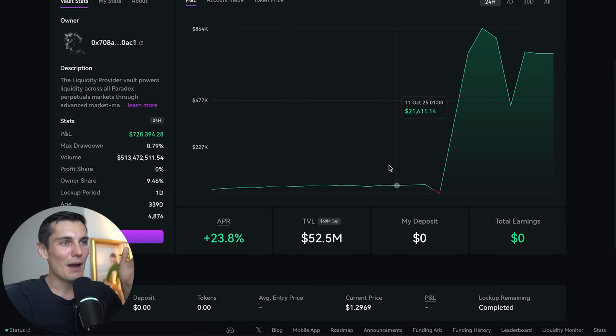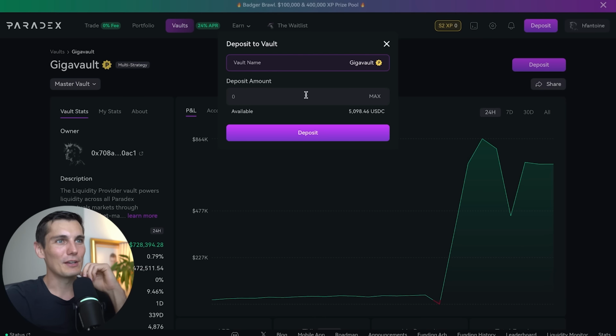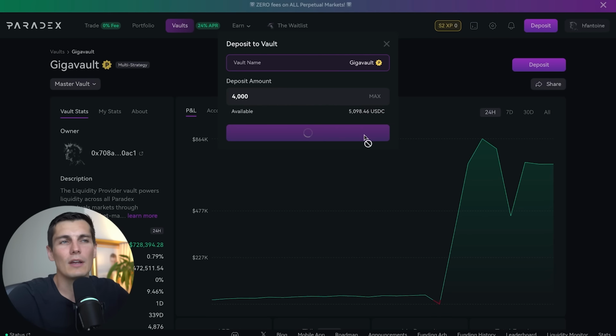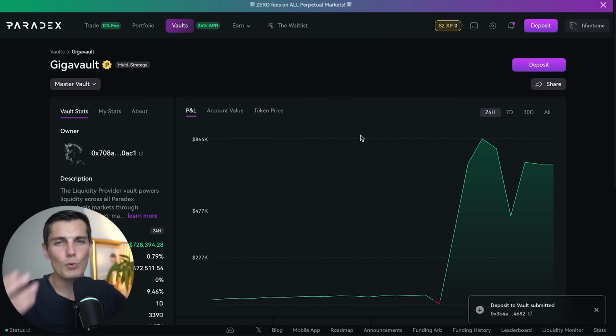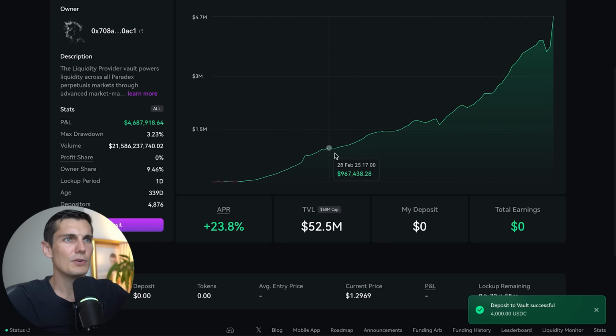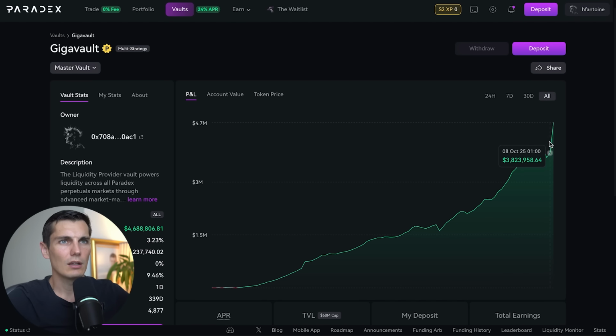So I'm a bit salty that I didn't deposit it because I was waiting to record the video today, but that's fine. I'm going to deposit in it. And that's something that I already did before on Hyperliquid, and that helped me to farm the airdrop without having to think about it. Deposit in the vault. Look at the beautiful growth of it. Boom. So I should be gaining money pretty much every day. It can have some little drawdown, but that's